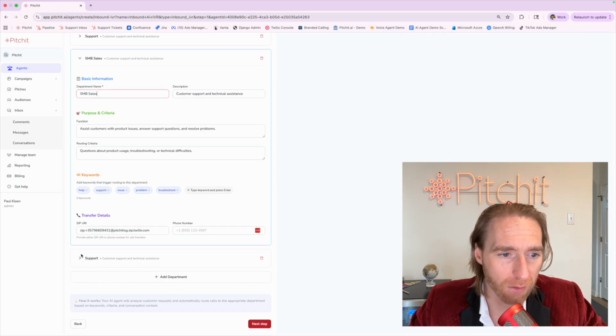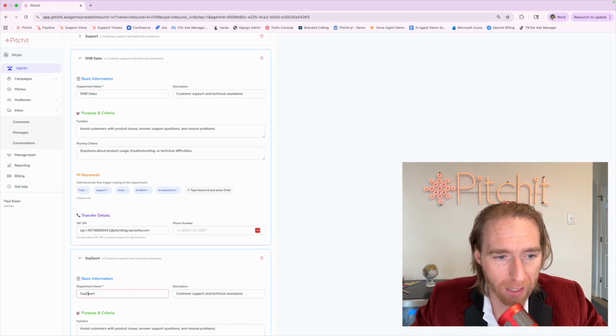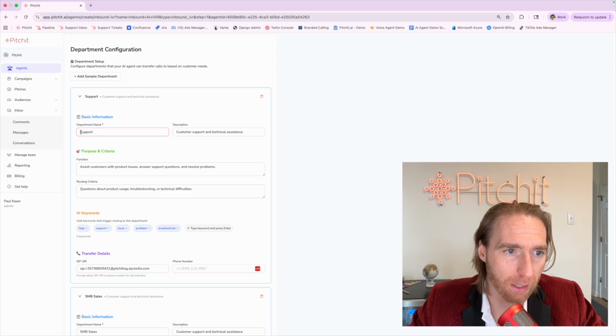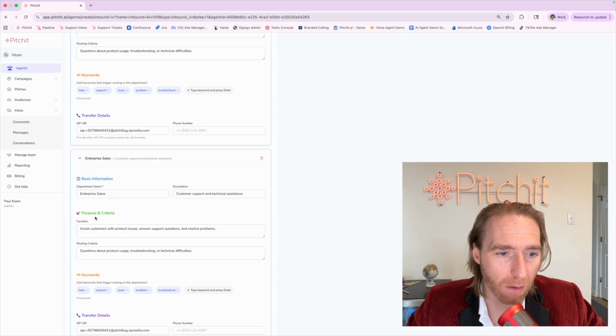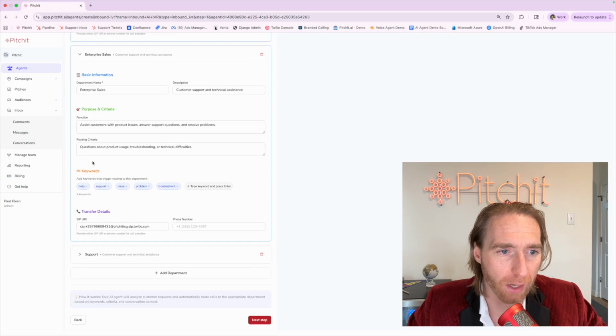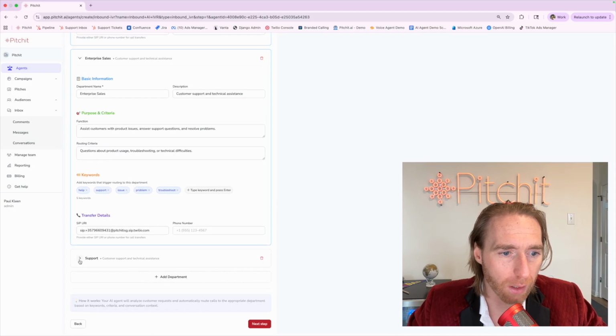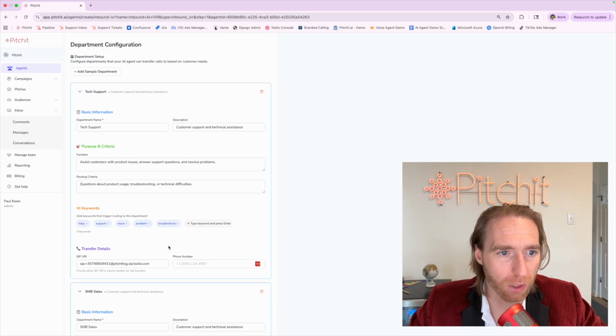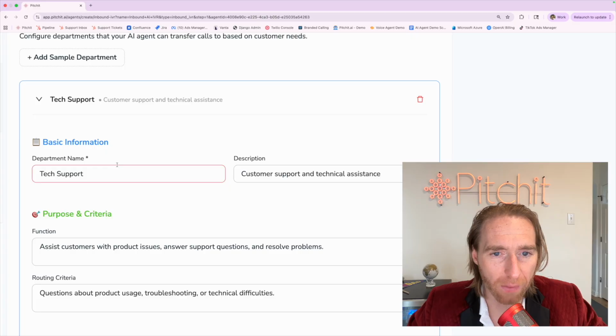You could have a triage for like enterprise sales, right? You could have a triage for, let's say, tech support. And maybe you'll have another one. Let's do another sample department for, let's see, billing, right? And all you need to do is once you create the department, just fill out the contextual